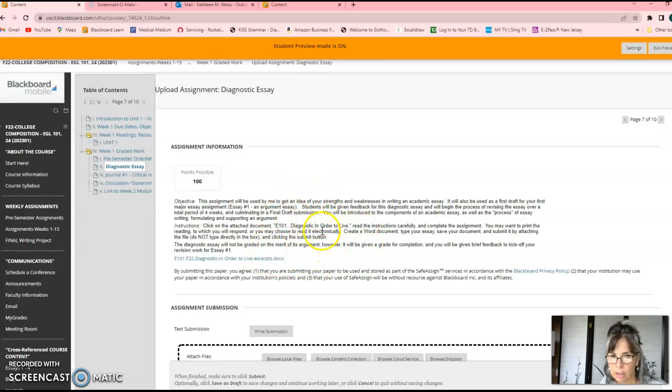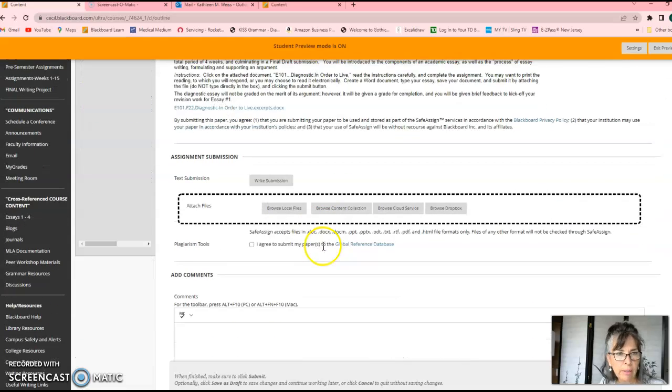The instructions are repeated here, and then here's the assignment submission. There's 2 ways to do it. 9.5 times out of 10 you're going to attach a file. So some document that you've been working on, in this case it would be your diagnostic essay, which is the first draft. So you would browse your local files. This text submission is for if you click on this, a box will appear and you can type